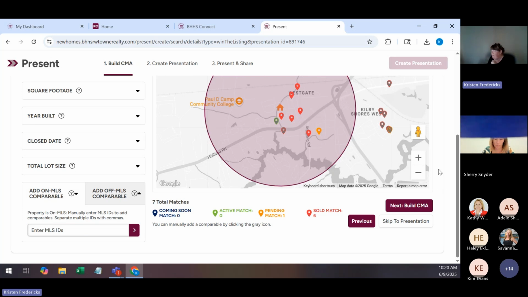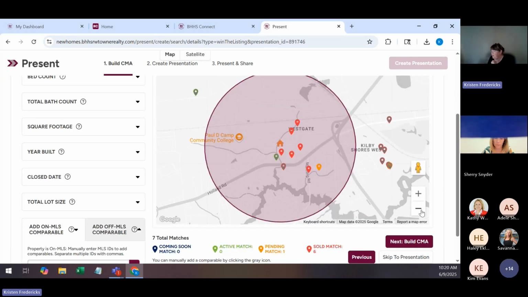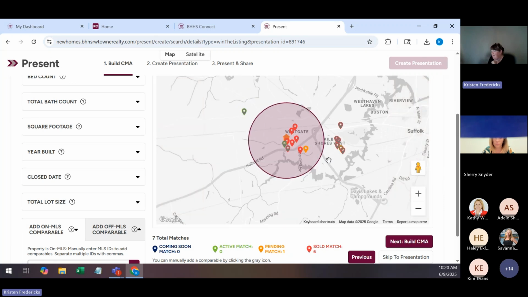Let's take a look at that map again real quick, because I do know that when we pulled things in, we might have pulled in a different property. We've pulled one just outside the radius here. Notice that I adjusted that map by clicking that plus and minus section over here. And if I click